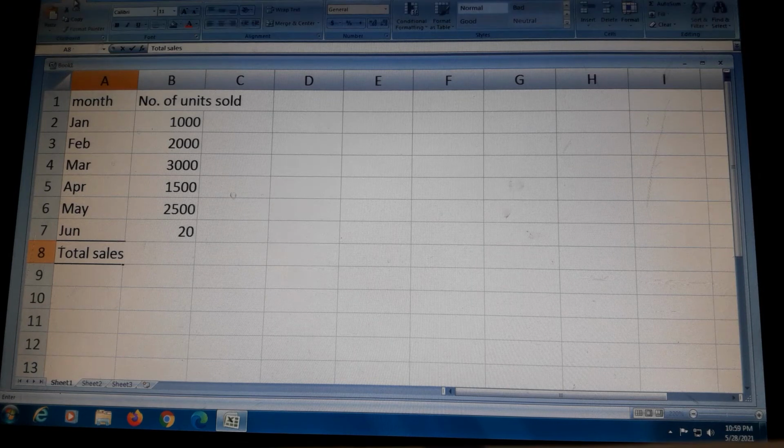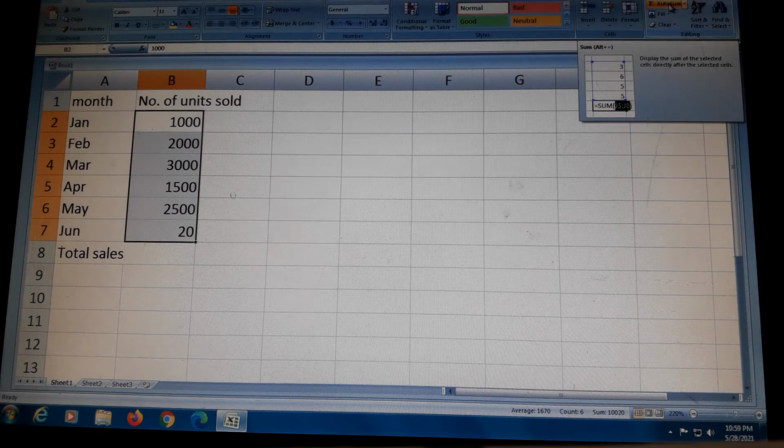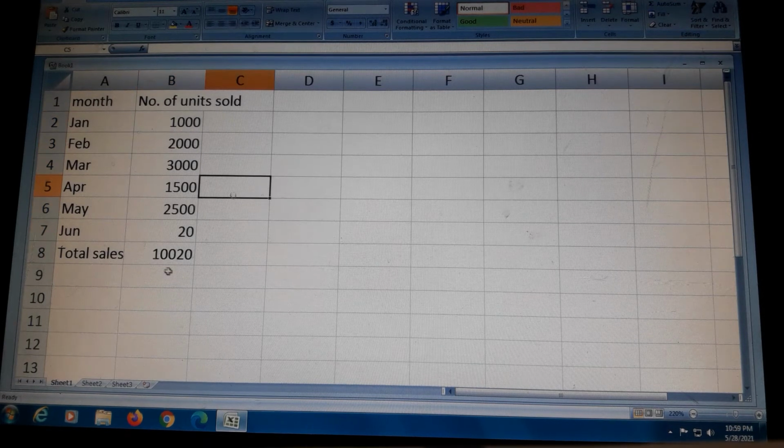So we can apply the formula with the help of the auto sum option. Number one, click on Home, then select the range which you want to add, then click on the auto sum function, and you can see the total will display here. Now in the formula bar, you can see which formula you applied.